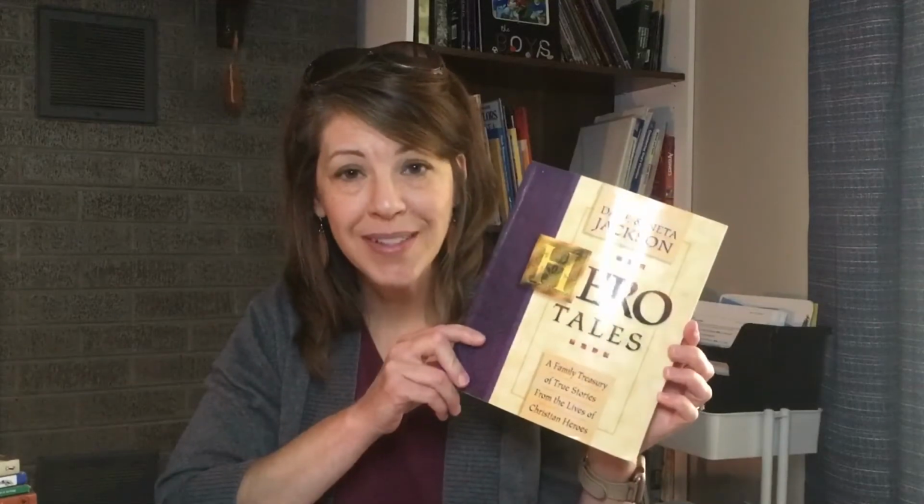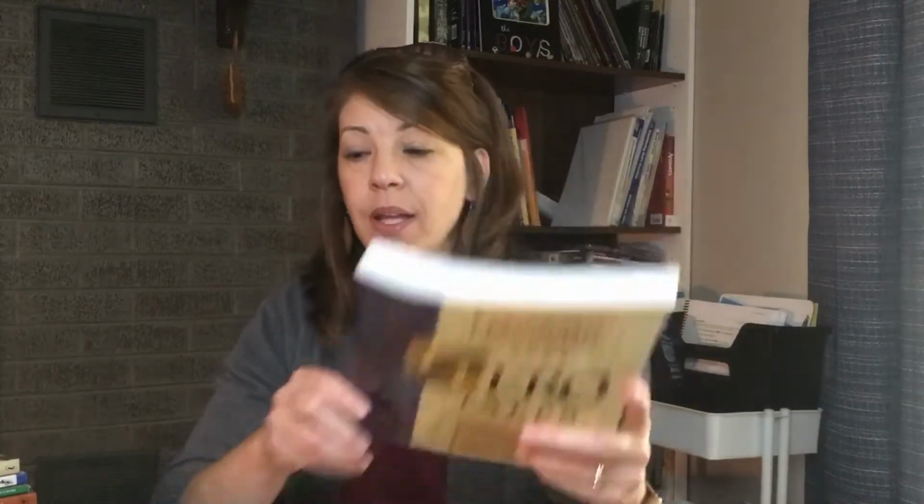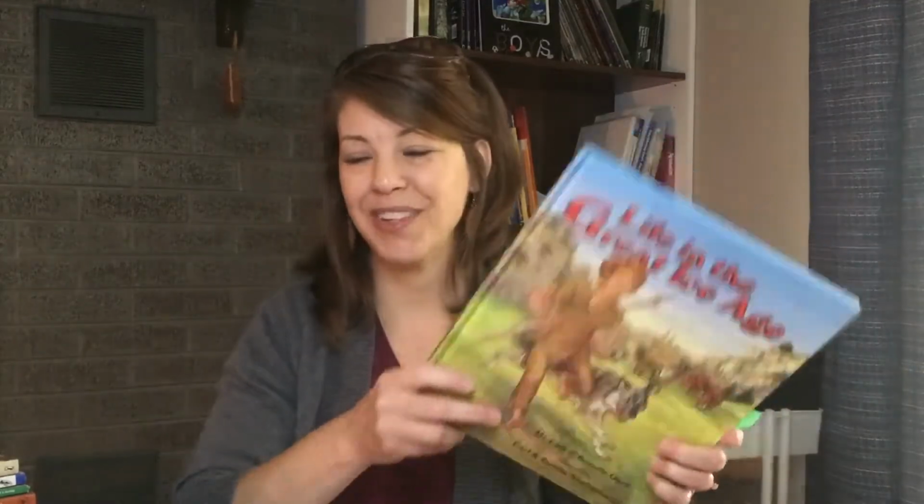We also use Hero Tales. They're true stories of Christian heroes. And this was one of the other first books we used as a spine, Life in the Great Ice Age. And he enjoyed this one. And we also use our Bible. There's a lot of references to scripture that correlate with what you're talking about, especially in the ancient history. Now, I'm going to look at the curriculum book here with the guide